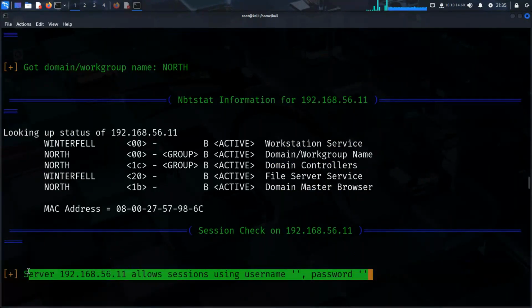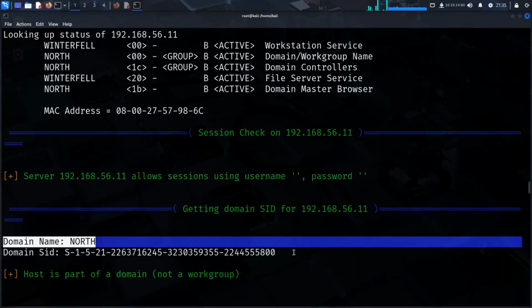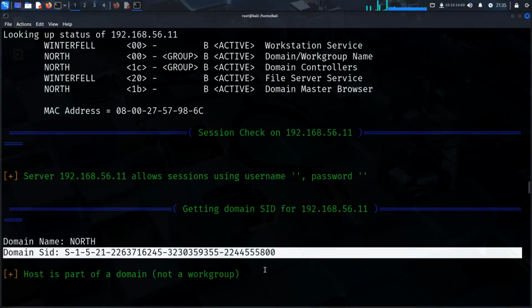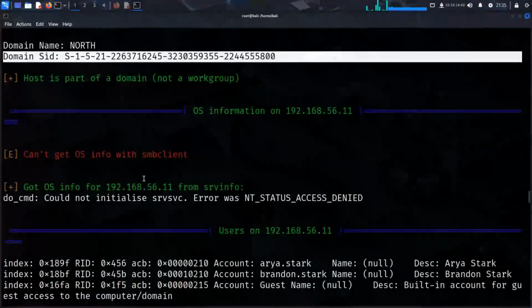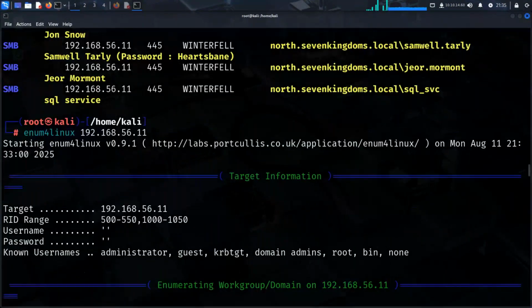Can you see this? Server allows sessions using username empty and password empty. We are getting the SID of the domain as well, right? Can't get OS info. Yeah. So that was only the relevant information for us,